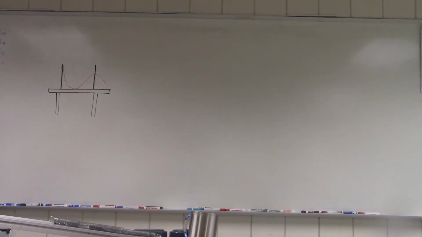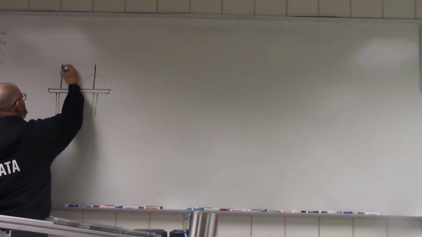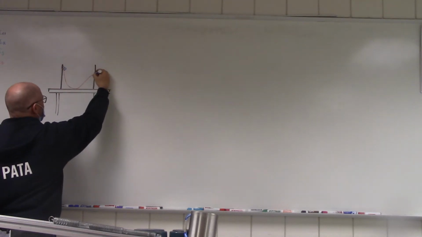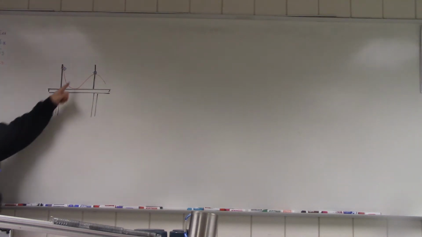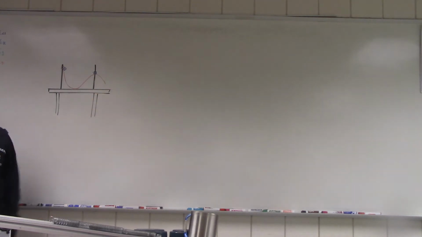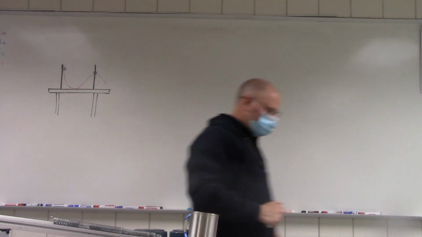That's correct? And the goal here was to release your car from here so that when it got to the top of this hill, it was moving just a tiny bit. So basically, just enough speed to get over the hill. Now, here's a thing that I think is important, okay?